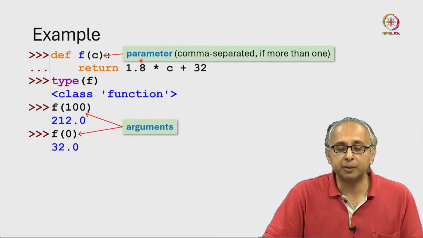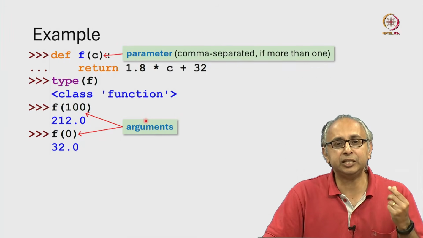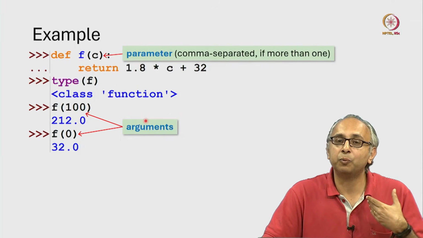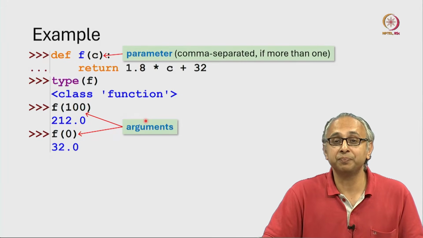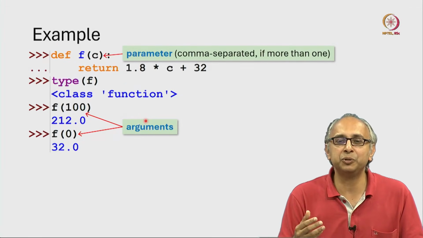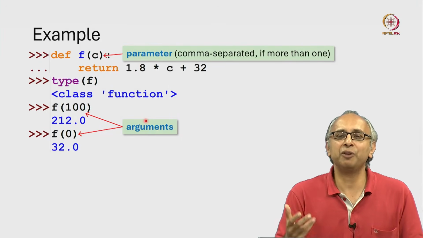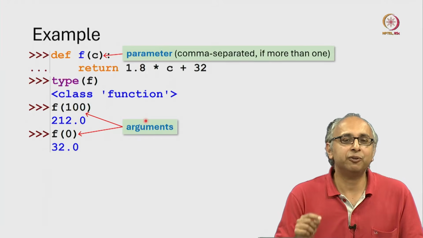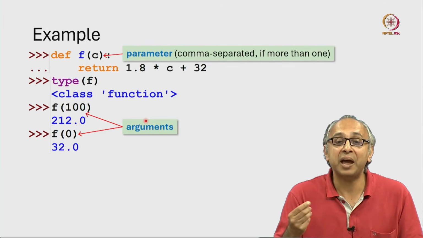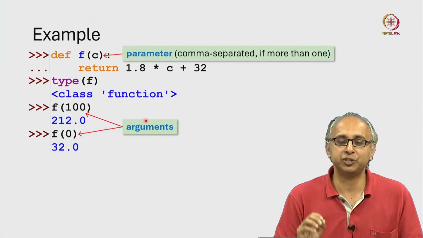So these two terms, parameter and argument, have slightly different meanings. Now, unfortunately, when you talk to programmers, you will see that they often confuse these terms. Many people use arguments and parameters interchangeably. And all of us are guilty of this. You might find that in some of the later videos, I myself make this error, this confusion. I'm giving you the formal definitions here.